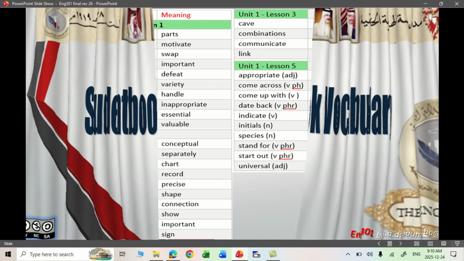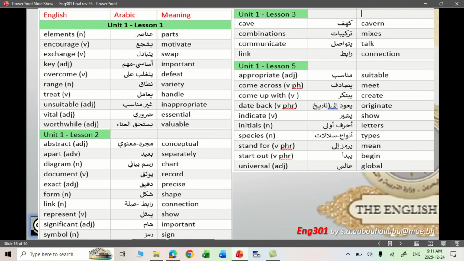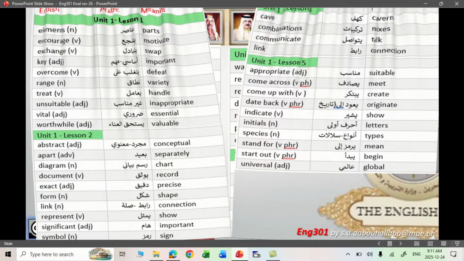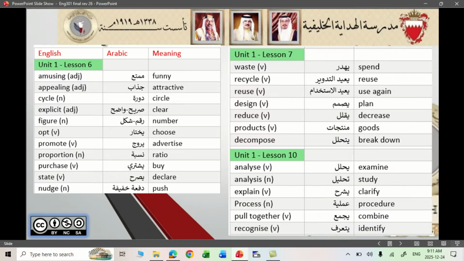Here are the common vocabulary that is mentioned in Unit 1. You can pause, take a screenshot, or you can use the PDF file that I will send to you later on. Here is the rest of Unit 1. In fact, in Unit 1 we have a lot of key vocabulary. However, it is not the same with all the other units. It will be less, don't worry.